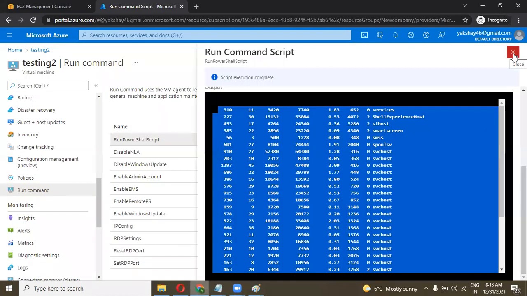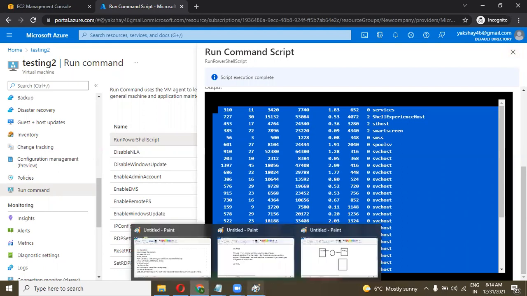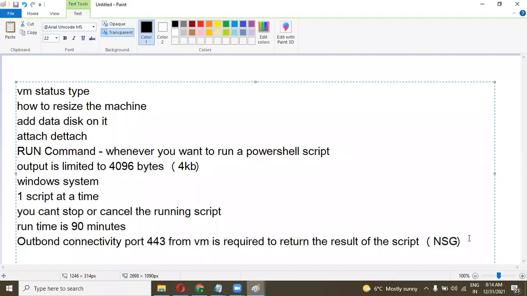And I hope you will do your practice and lab sessions today or tomorrow, whenever you get the time. We will see custom scripts in the next session also, because we already consumed our time on disk attaching and temporary disks.